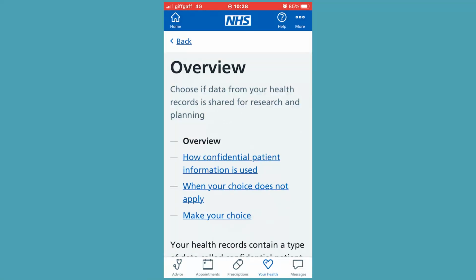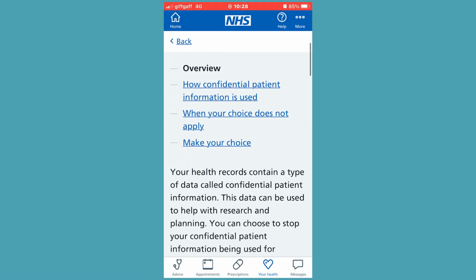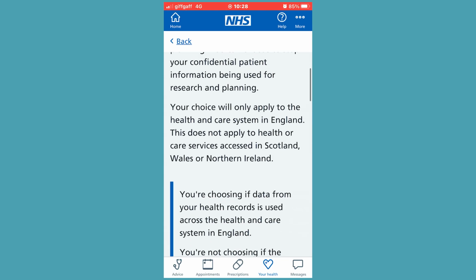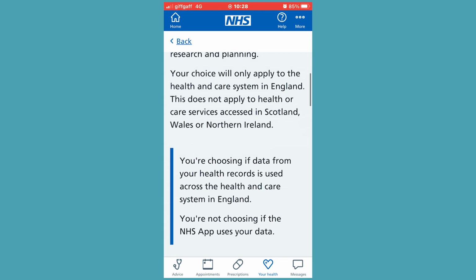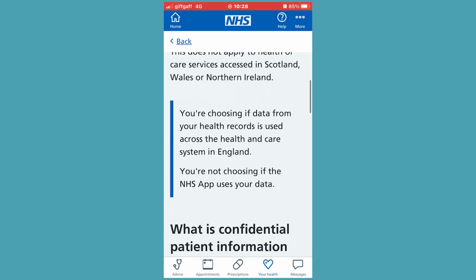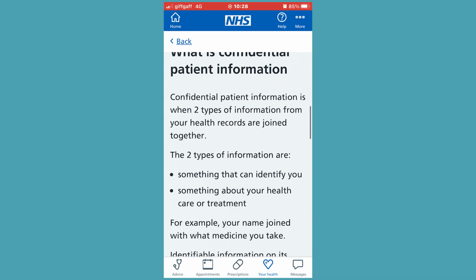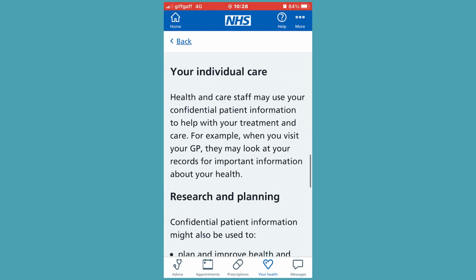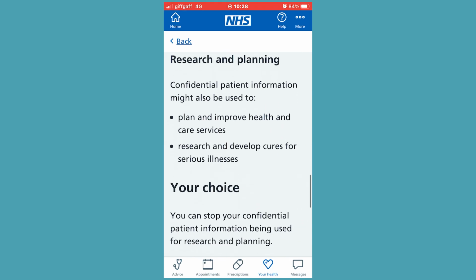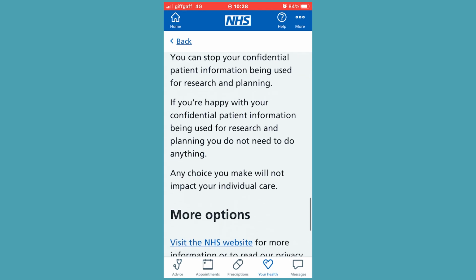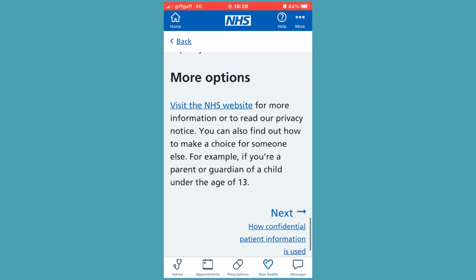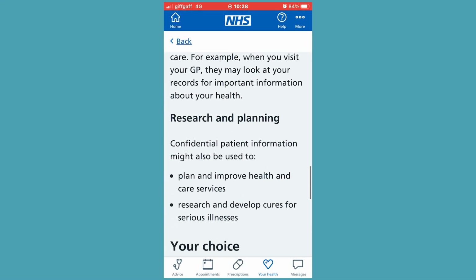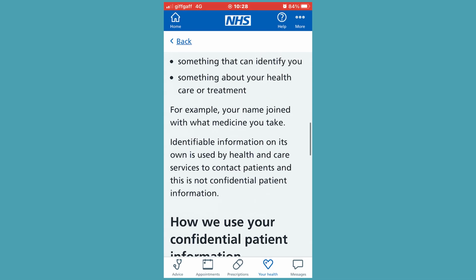Just click on that, and it shows you how your data is used. Because patient data is sensitive data, it is used for research by university hospitals, and it is also used by governments for future planning. But it is down to a patient to decide if they want their data to be shared or not. And it is your choice. You can register your interest with this app if you want your data to be used or not.